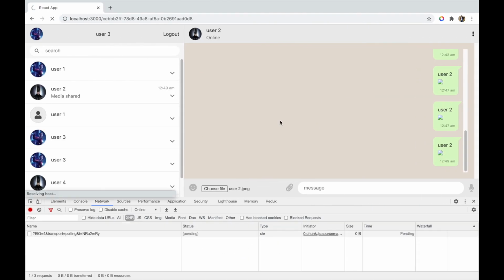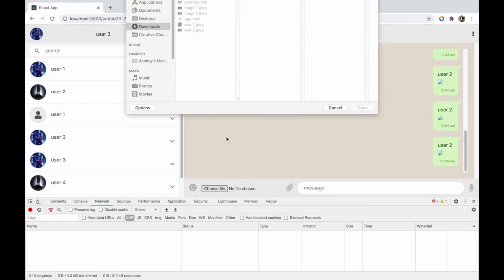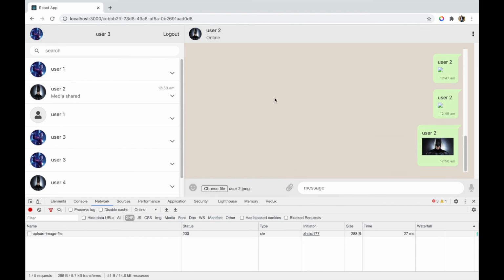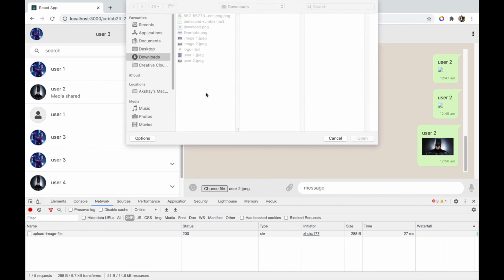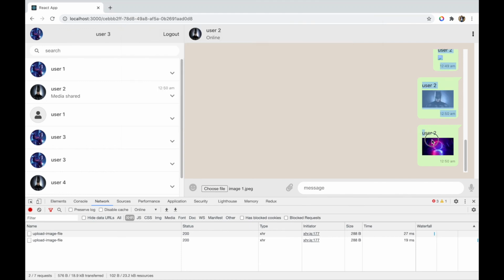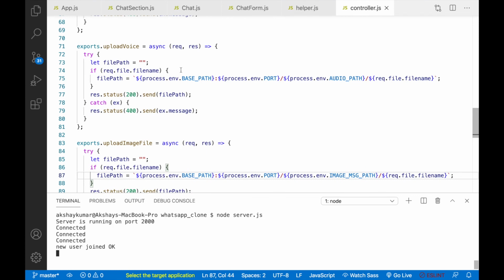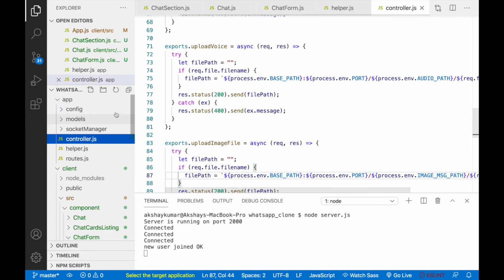Now again we'll check one more time. Now it's working. So now whenever we are uploading any file, you can see that file here, right? And just for information, this file is actually saving inside our upload folder.